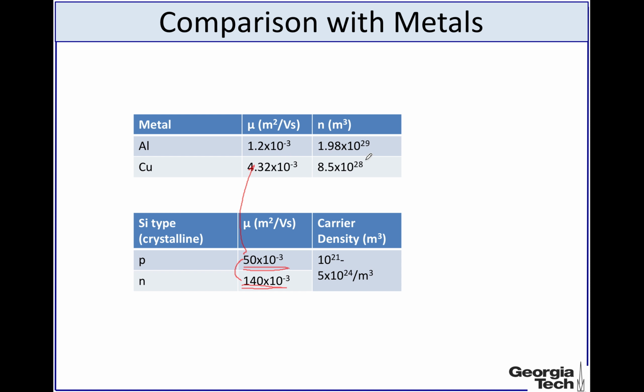But on the other hand, metals usually have a much larger number of carriers compared to the doped semiconductors. In doped semiconductors, usually the doping is in the range of 10 power 21 to 5 multiplied with 10 power 24 per meter cube, while in metals it's of the order of 10 power 29 per meter cube. All right,